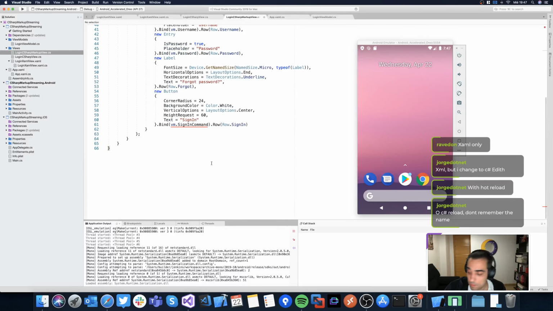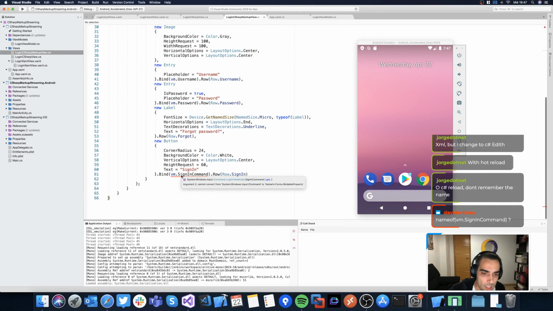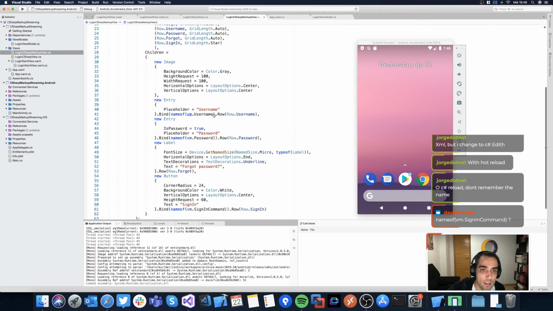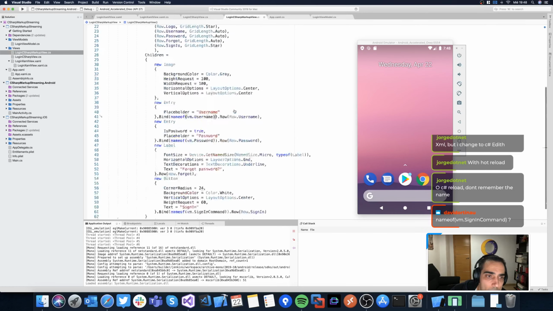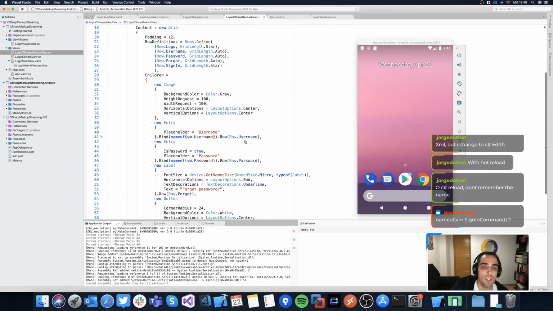Okay. Any feedback? Let me take a look at the chat if I'm missing something. Well, this is failing. Yeah, because in this case we need to use something like this. Yeah, the same can be used in the case of properties, like here and here. But I think that's all. As you can see, we have exactly the same UI using a more fluent